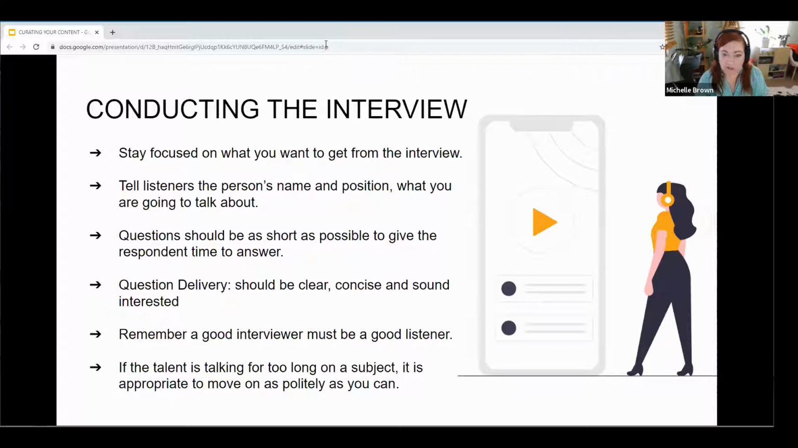Delivery: be clear, concise, and sound interested. Again, a good interviewer must be a good listener. So even if you're not interested, if you can try and sound interested and encouraging, then that will get you more of a response too. And if they're talking too long on a subject, it is appropriate for you to try and move them on as politely as you can, because